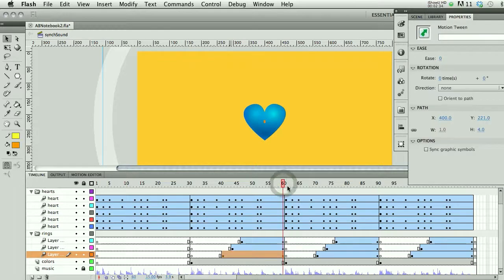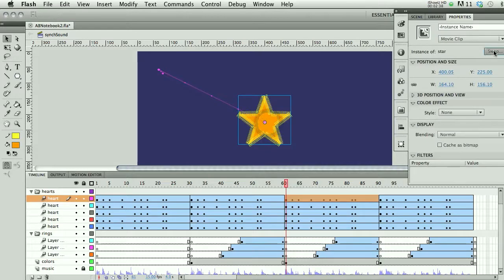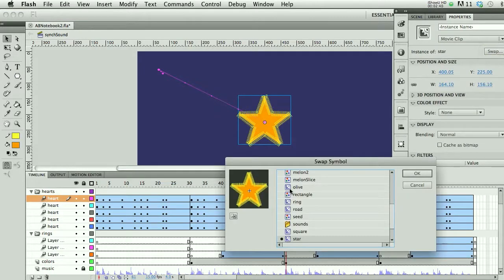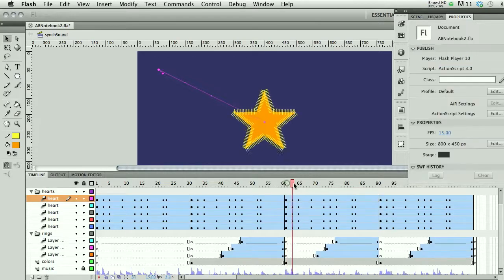And then that gets repeated again with a new color palette, and then I swapped, remember the swap? I swapped out the heart for the stars. You could swap it for anything. So I give it a new color palette, new element, did the same thing with the rings,